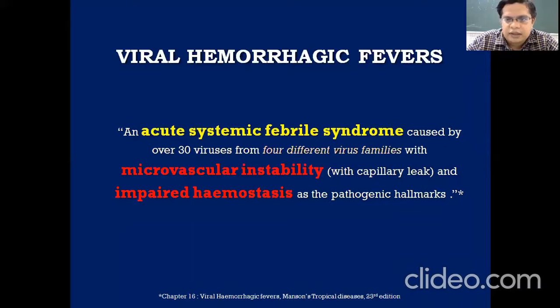So all the viral hemorrhagic fevers are an acute systemic febrile illness. They're acute diseases, that is, they present within days, and they're systemic diseases, they infect all and cause multi-organ disease. Of course, they are fevers, they are febrile, and they are syndromes, like a collection of symptoms. These are caused by 4 different RNA virus families and microvascular instability, that is impaired endothelial dysfunction leading to capillary leak and problem in the